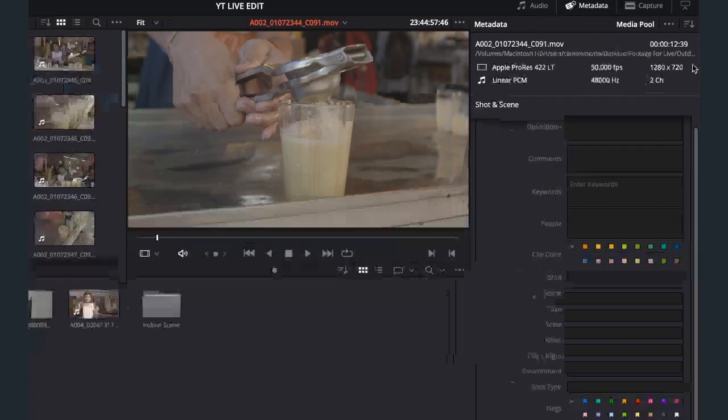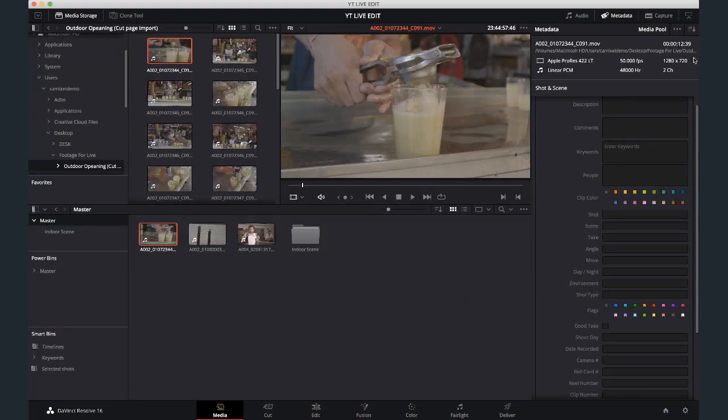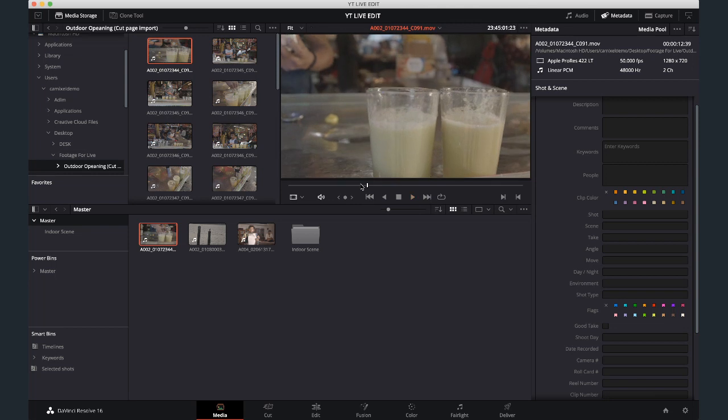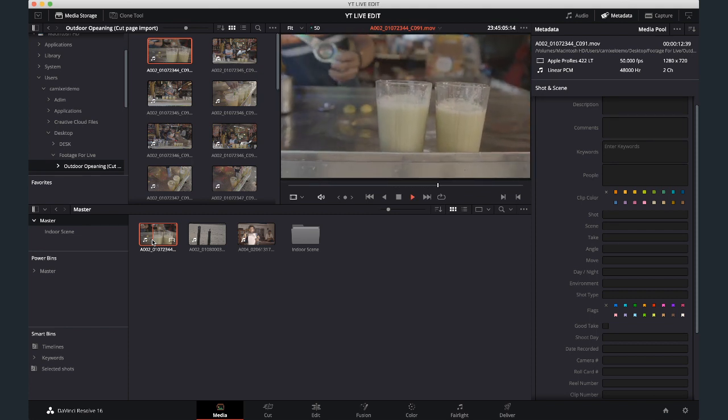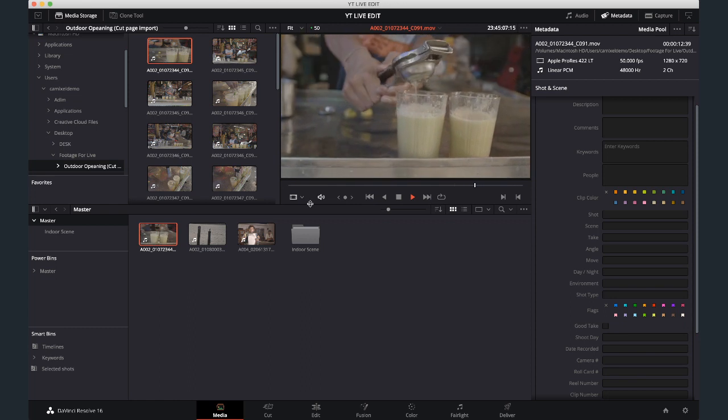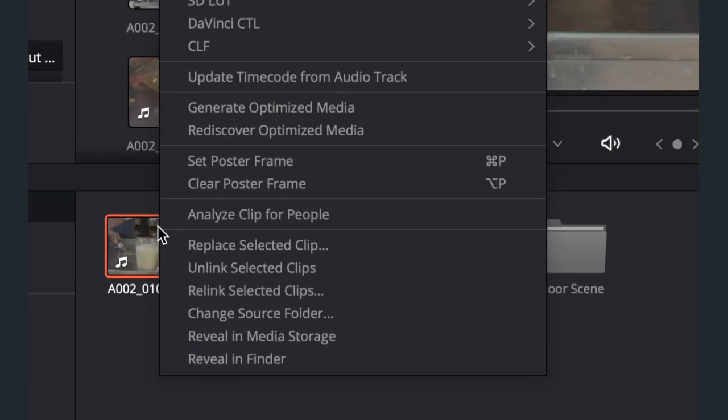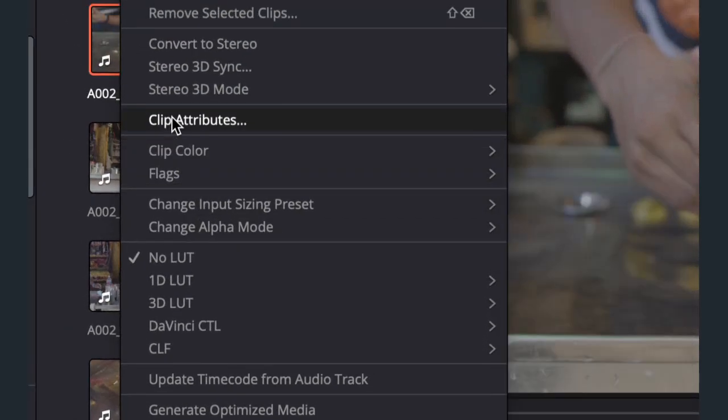So what if I want an instant solution in the media page itself? I don't want to waste time in the cut page or edit page to redo the whole thing while editing. So I want an instant slow motion. So I'll play it back for you now. Okay, so what I'm going to do is right click, and you can come over here, and there is clip